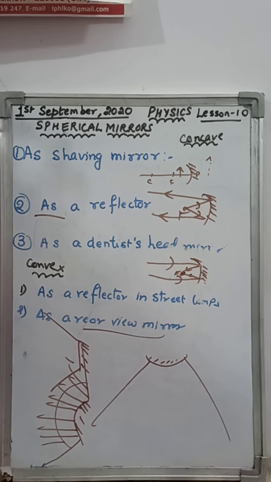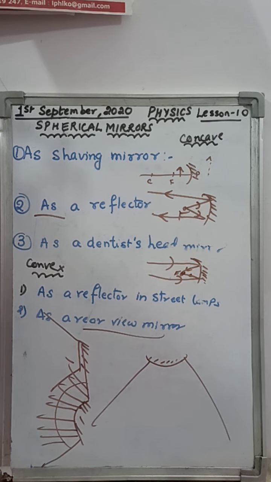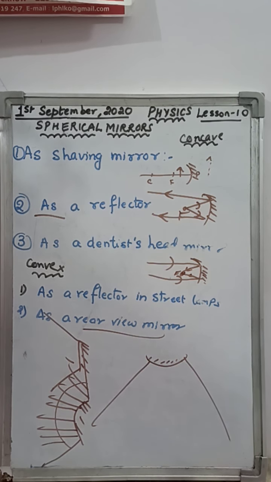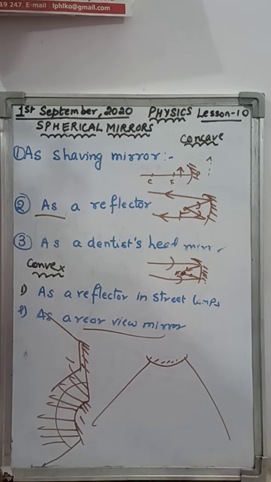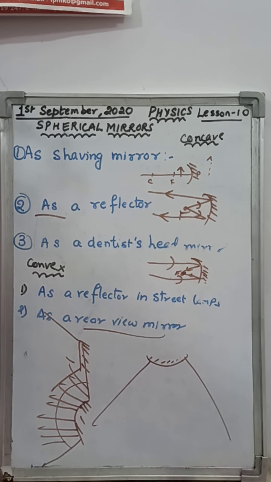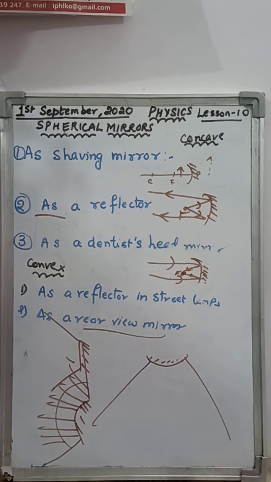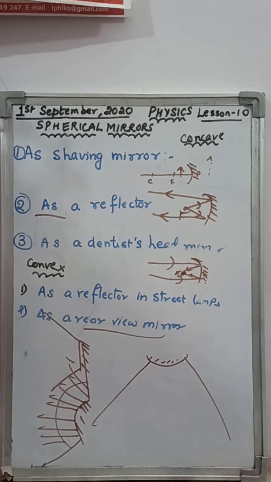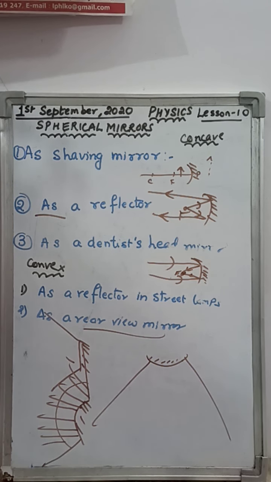Now one more thing: how will you distinguish if you are given a plane mirror, a concave mirror and a convex mirror, without touching them, which one is concave, which one is convex and which one is plane? If the image is upright, the same size, and does not change when moving toward or away from the face, that is a plane mirror. If the image is upright, magnified, and increases in size on a small movement towards the mirror, that is concave. And if the image is upright, diminished, and decreases in size, that will be your convex.